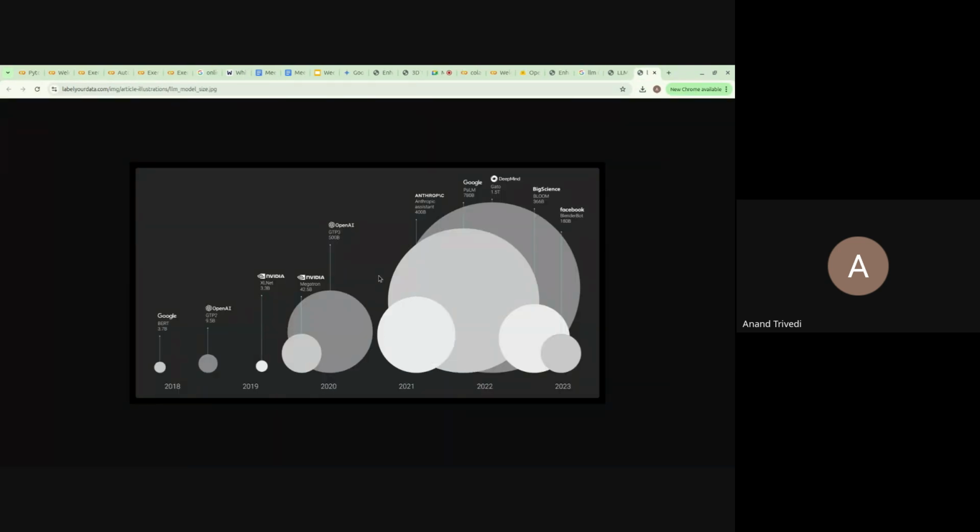So if you see in this image, this GPT-2, it was really small. It was 9.5 billion only. Google BERT earlier to that was even smaller. I mean, these are the small models. And what about these big ones? Facebook BlenderBot, they have released a 180 billion model, right? Then DeepMind, they have released a 1.5 trillion model. Anthropic, 400 billion model. Google PaLM was already very big.